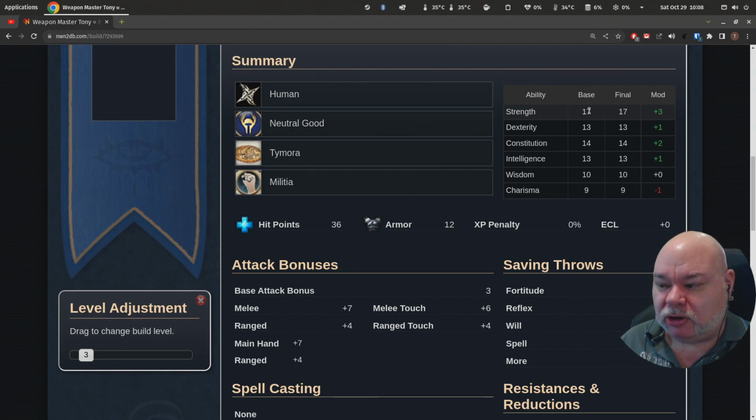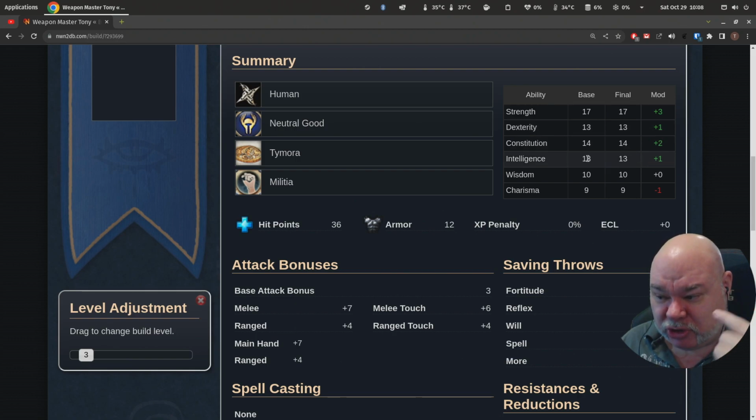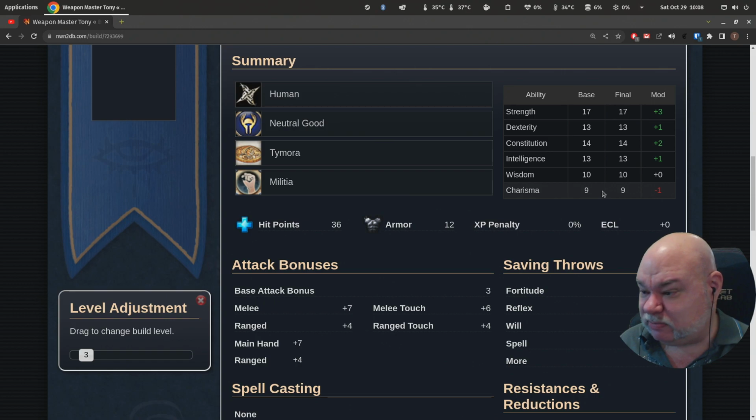It costs me a lot. It costs me 3 points to go from 16 to 17. So I could have taken those 3 points and made my charisma 12 if I wanted to. Or bumped some of these. I could have bumped an extra 1 point to Dex to make it 14, which would have made it a +2. I could have got an extra point to Intelligence, making it +2. And I could have put 1 point into Charisma and making it 10, and that would be another way to do it. But I chose not to,